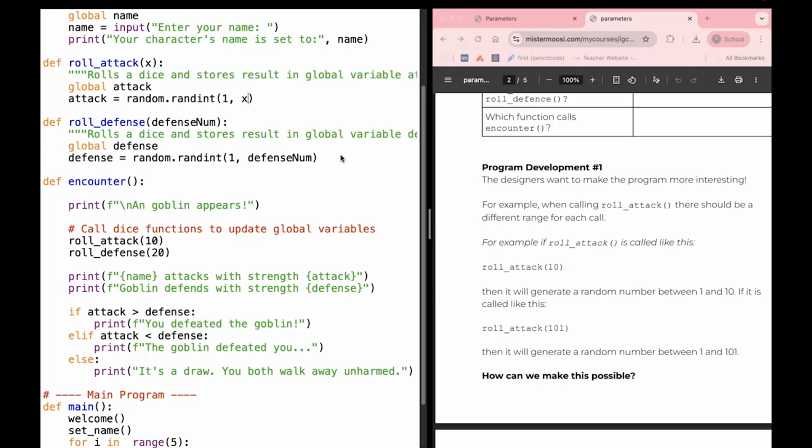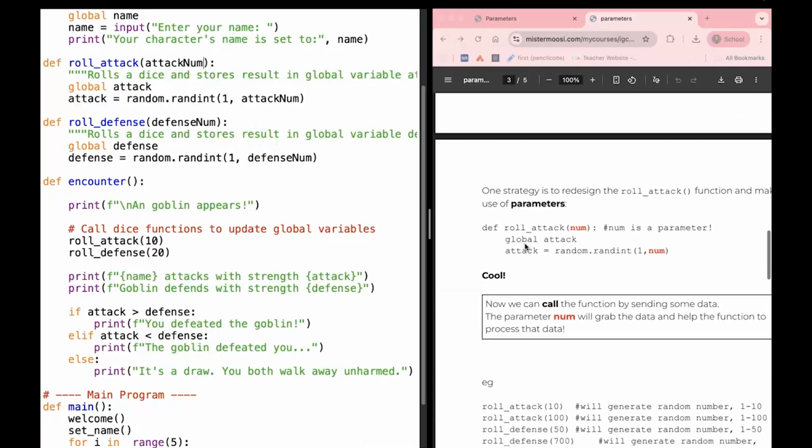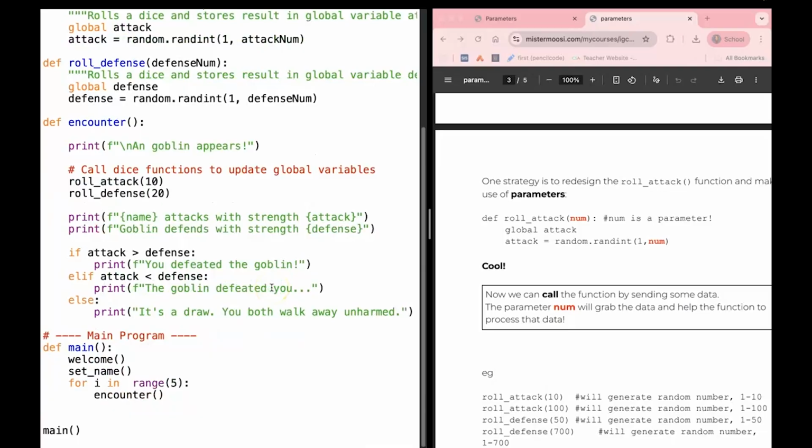And let's also do that. I'm going to call this attack num, just to make my code a little bit more readable. Okay. Kind of get a feeling for what this variable, this parameter, is doing. Now, if you work your way through the worksheet, it also talks about what if we don't always want